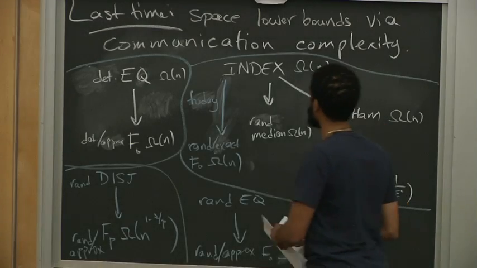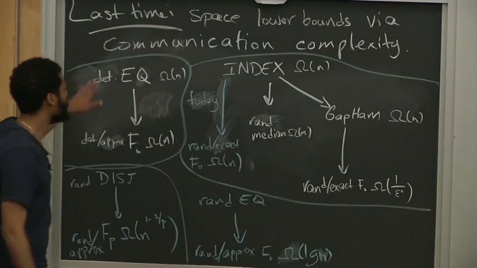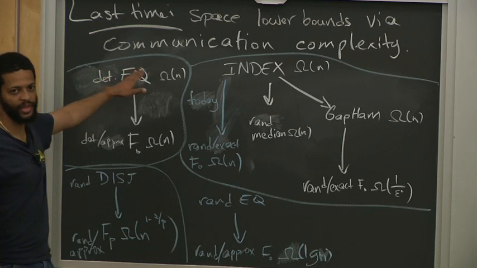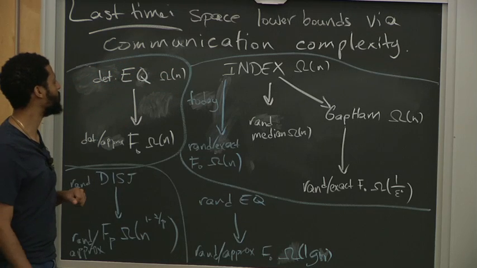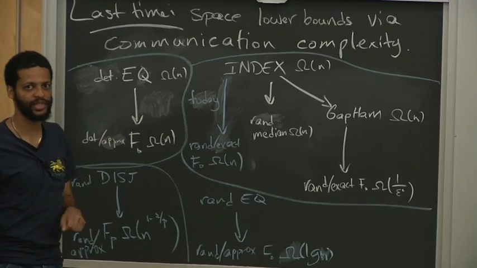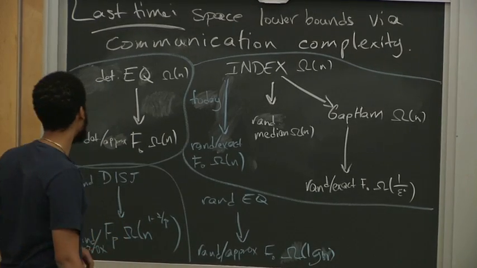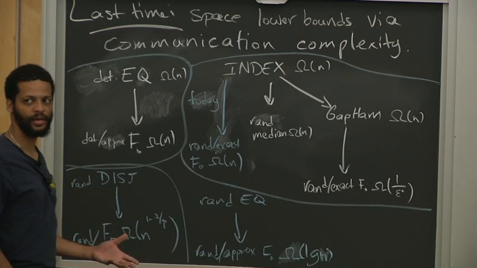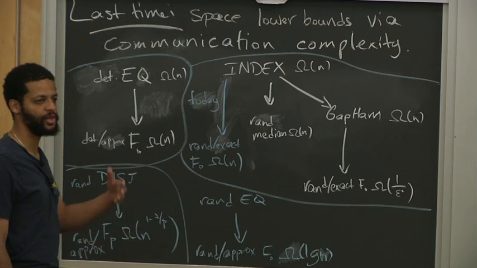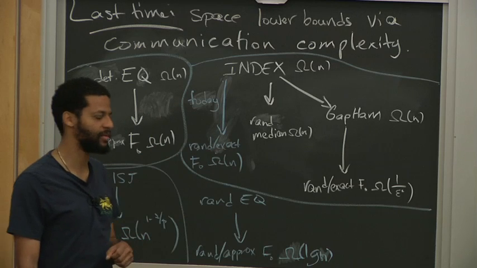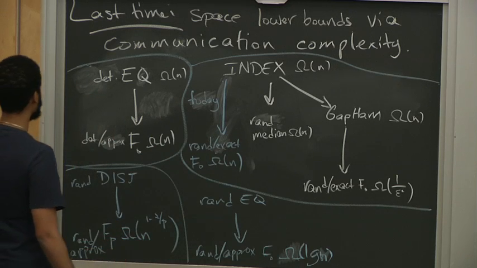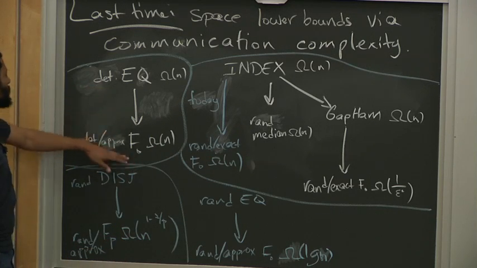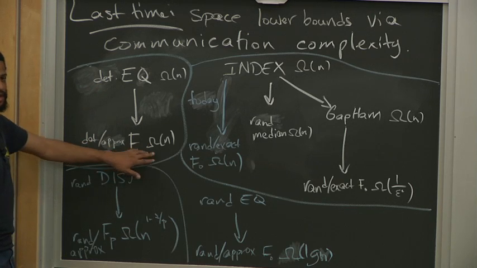So just a recap of last time, we proved some space lower bounds for streaming algorithms, for one pass streaming algorithms via communication complexity. And we did it via establishing that some communication problems were hard and then reducing those hard problems to our streaming problems. So for example, one way to get a lower bound for distinct elements, a linear lower bound, is